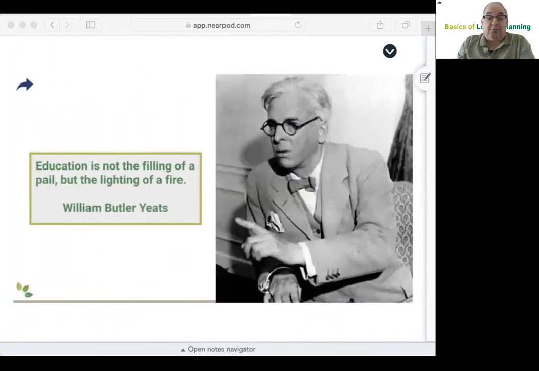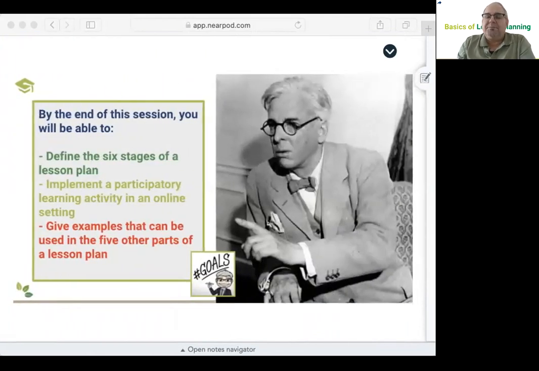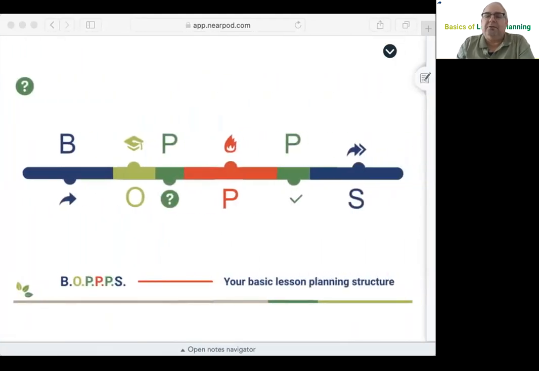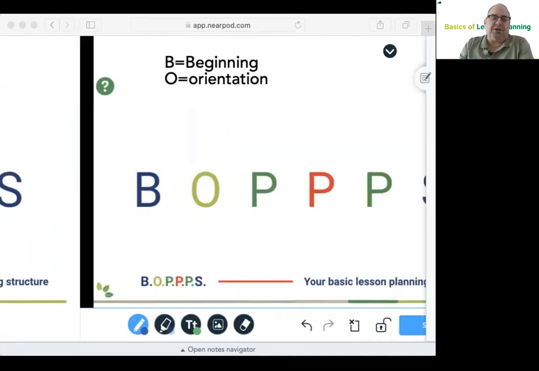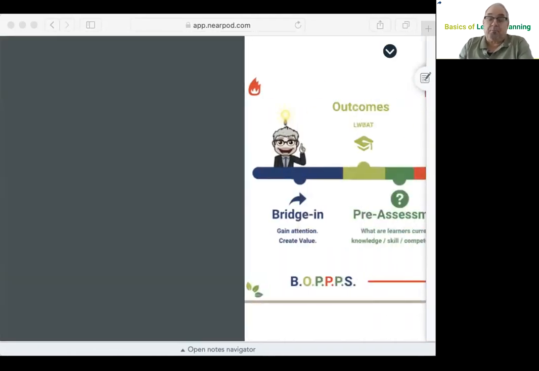And then we did a quote, which is another bridge activity. So I had lots of them. Then we got to the outcomes. There's the little graduation cap showing that we hit our outcomes, and that's usually just one slide. The outcomes don't necessarily need to be there. And then you see the green question mark as we started the pre-assessment. And then I gave you a chance here to take a guess what these stood for. And now,